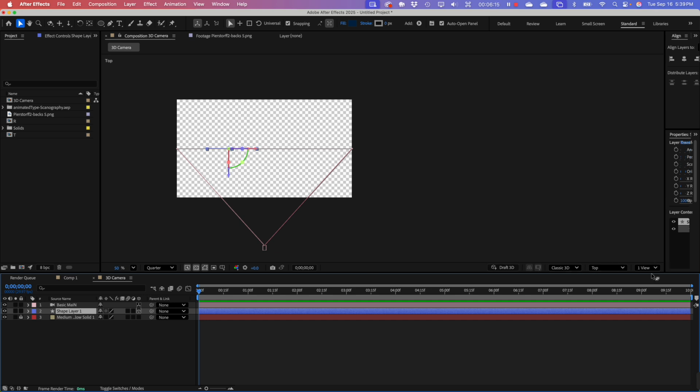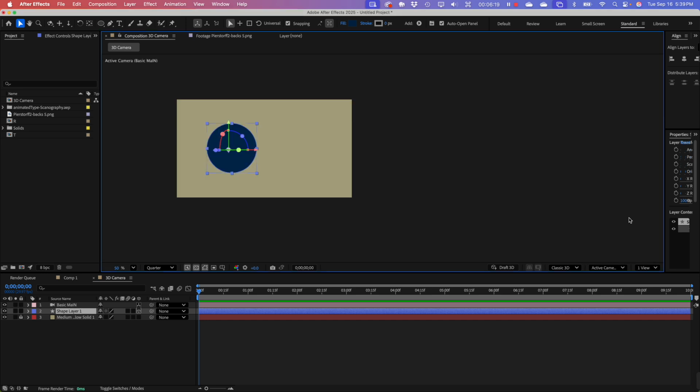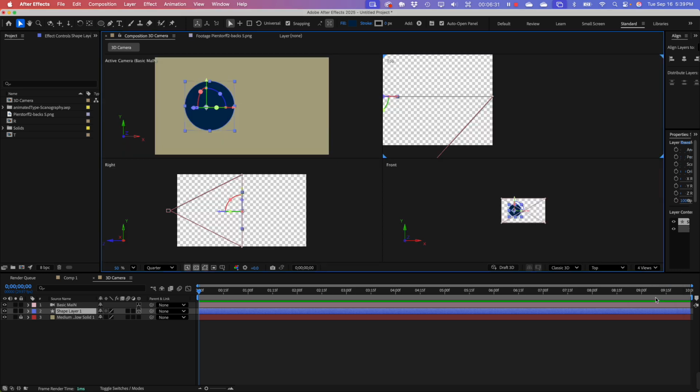But that doesn't do me a whole lot of good. So I'm going to leave this set to active camera. And then this drop down out here, right to the right of it, is the view dialog. And I can look at it in 1, 2, 3, or 4 views. So right now it's in 1. If I go to 4 views,